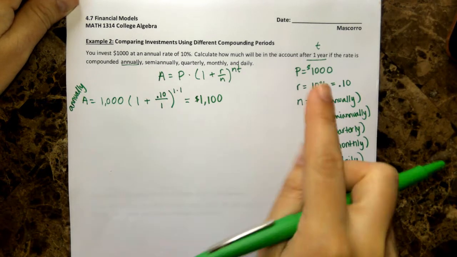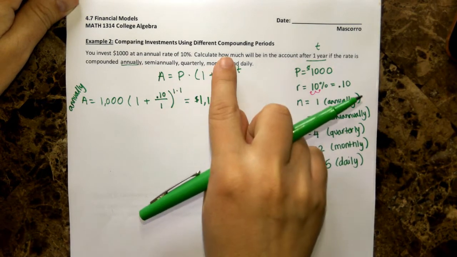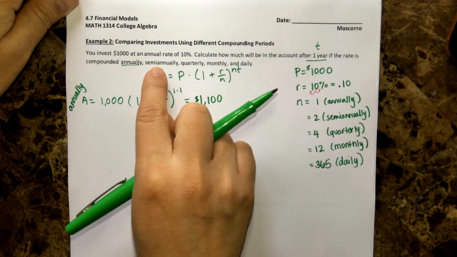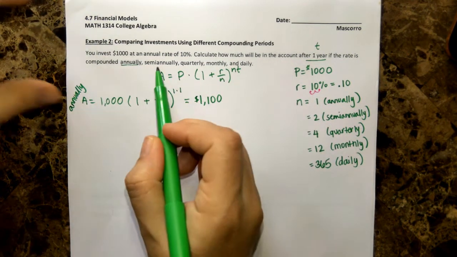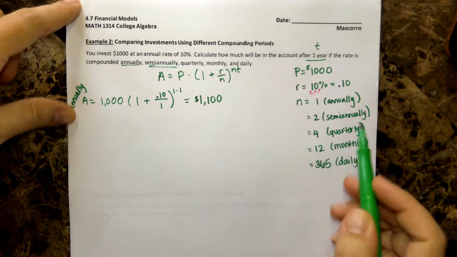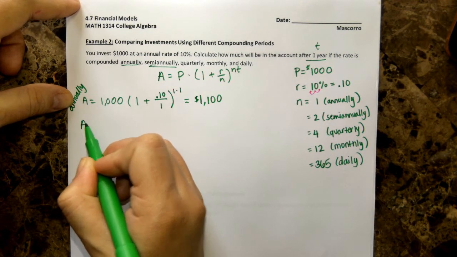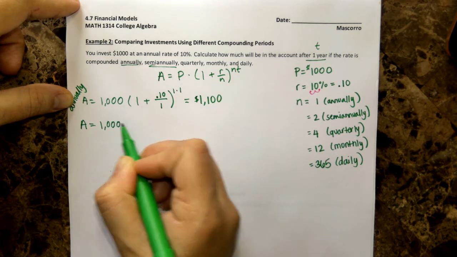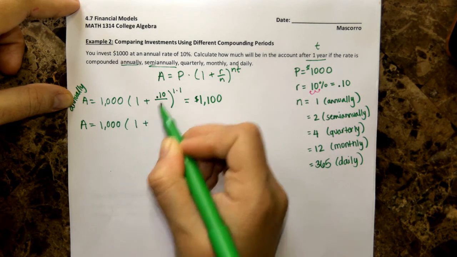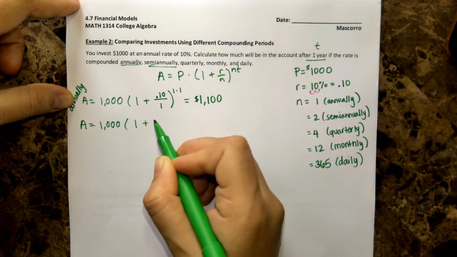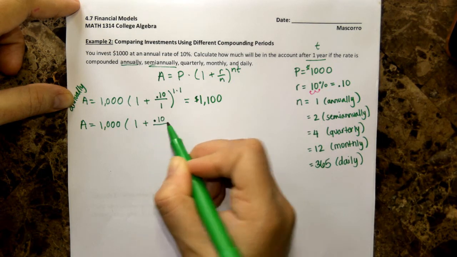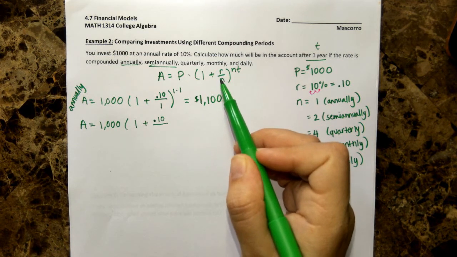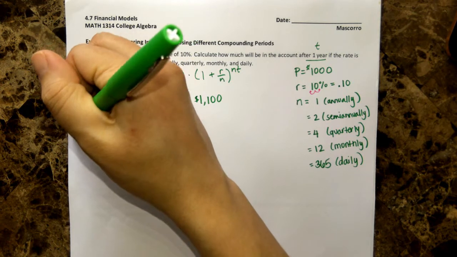Now let's say the same problem applied, but we wanted to calculate how much is going to be in the account after 1 year if the interest rate is compounded semi-annually. Semi-annually means twice a year. So I'll go ahead and do the same thing. I'm going to set up the same problem. My principal amount hasn't changed. It's still $1,000 times 1 plus my interest rate, which hasn't changed. It's still 10% or 0.10 as a regular number. The n value is how many times it's compounded in a year. And if we're figuring out for semi-annually,